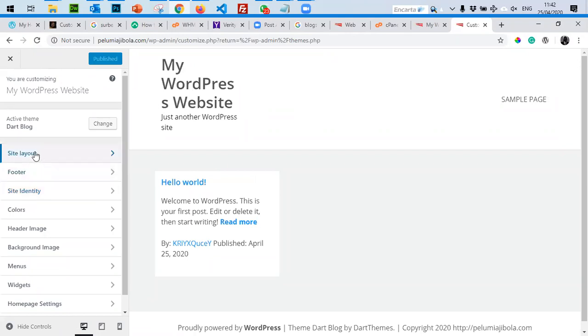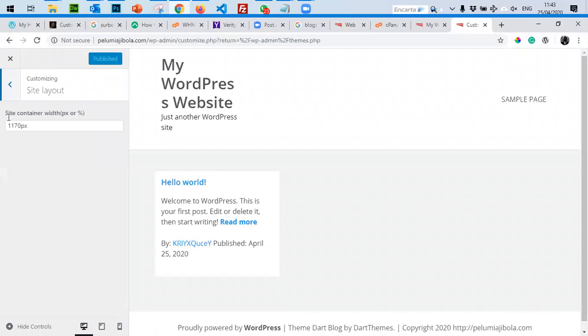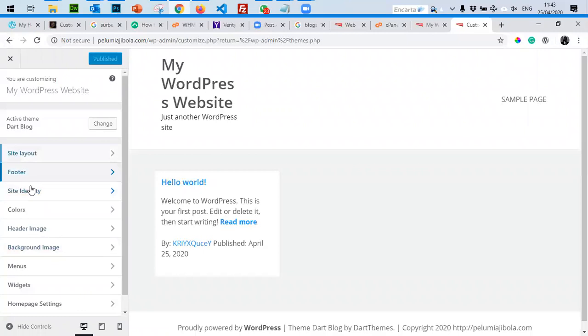So here, when you go to customize, there are different themes like we saw earlier. If I had chosen another theme, by the time I customize, the options that I might be having here will be different. Why? Because it gives me the ability to customize the customizable functionalities for that theme. So I can choose customize another time if I'm on a different theme and probably not see site layout. I might see something different. I might see something different for footer. I might see something different for site identity.